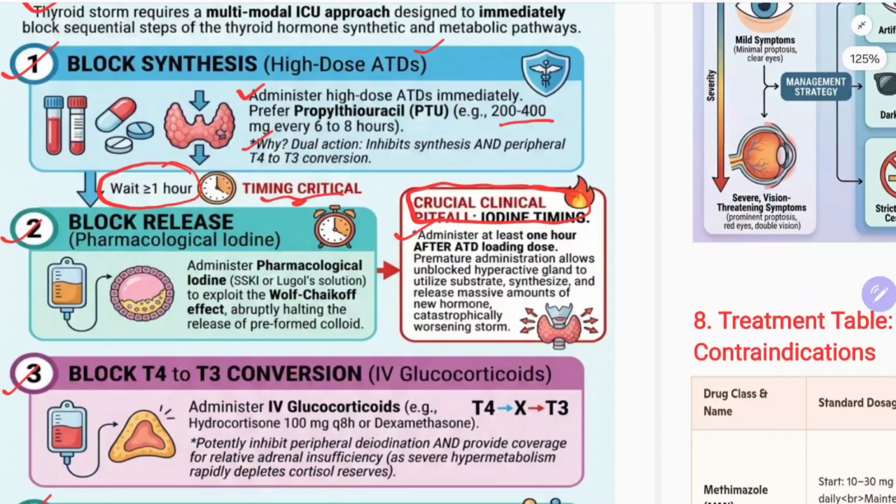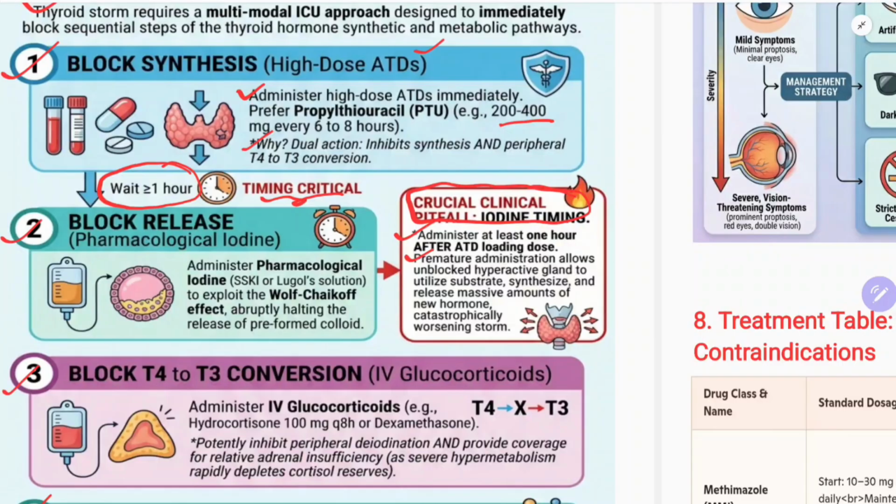This pharmacological iodine should be administered at least 1 hour after the ATD loading dose. Why? Premature administration allows the unblocked hyperactive gland to utilize substrate, synthesize and release massive amounts of new hormone, catastrophically worsening the storm. So the Wolff-Chaikoff effect, as I said before,